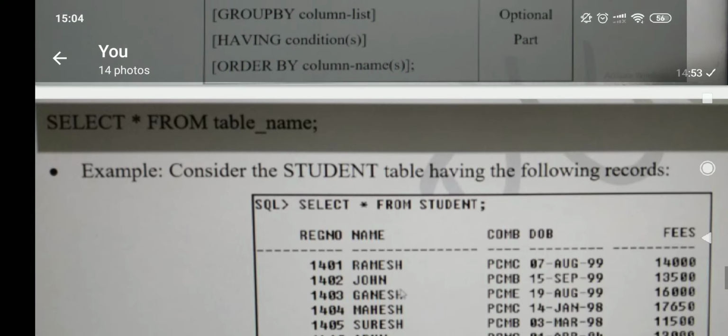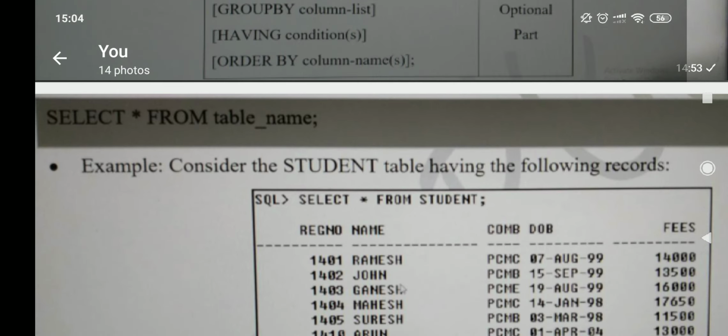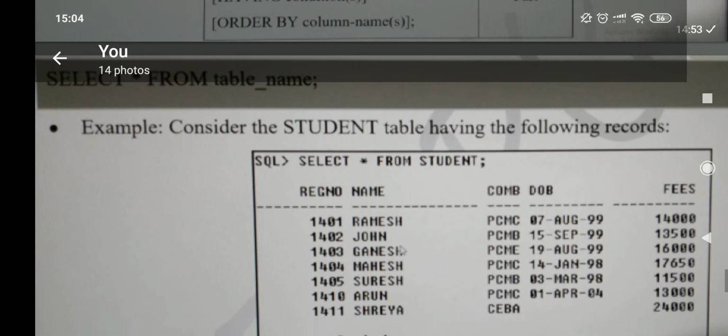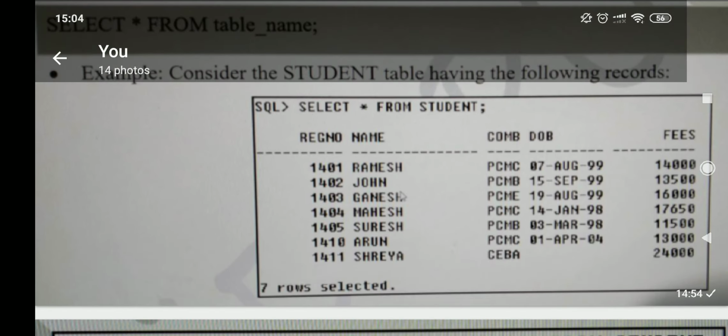Let us see the example. Select star from table name is the syntax. See the example: select star from student. If you observe from the first, the table we created, inserted, altered, dropped or deleted, everything is student. So select star from student means the table name is student, and from that we want the records.